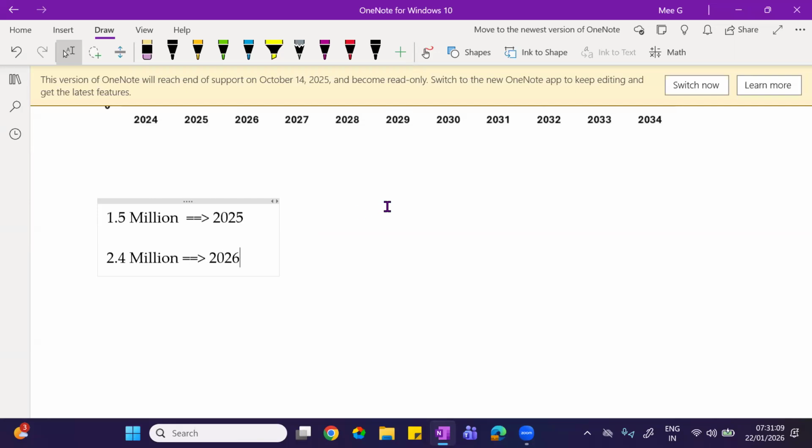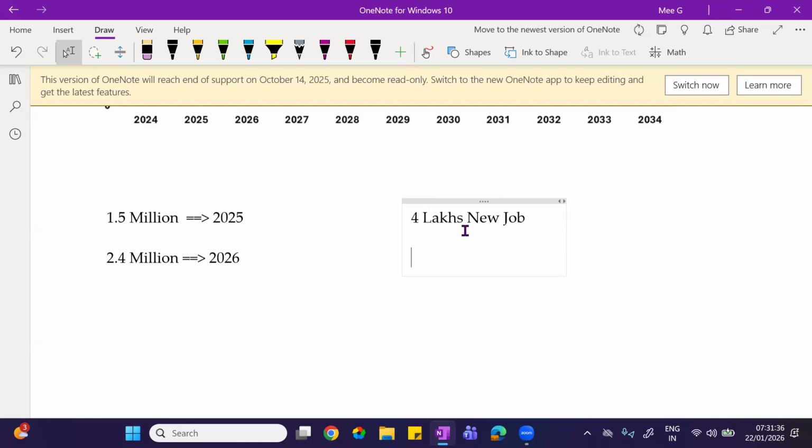Now, what about India? In India, in the last year, 2025, 4 lakh new jobs were generated. I'm not talking about old jobs, only new jobs. Again, this is official data.